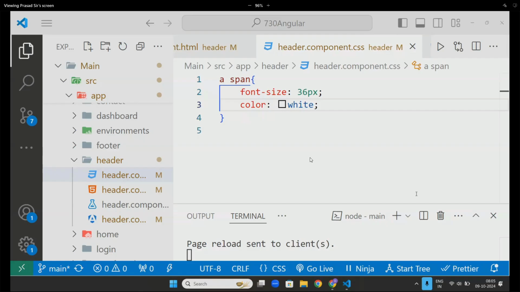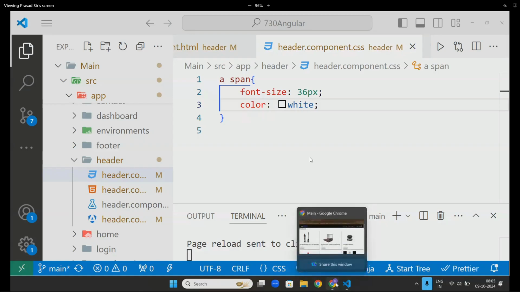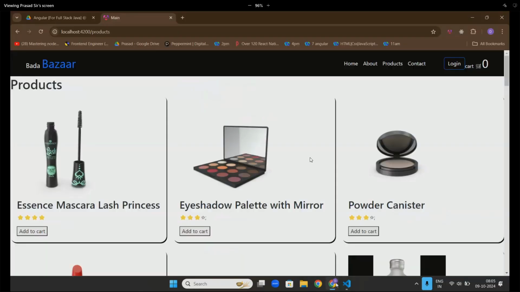Sir, can you please add a toaster notification when we add? See, listen, you can add 1,000 features also. If you want a toaster, it is very simple. Whenever something is added in the cart service, just put one toaster. Simple. Create one toaster component and call it. Or you can take any kind of library. Libraries will give you toasters. Like, for example,